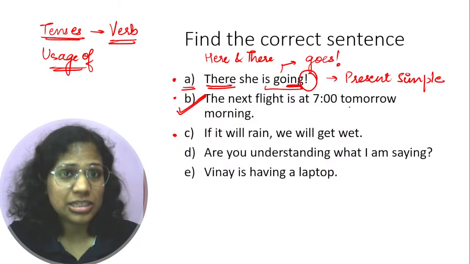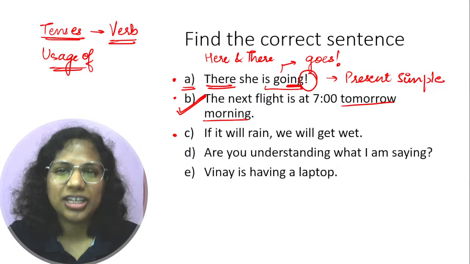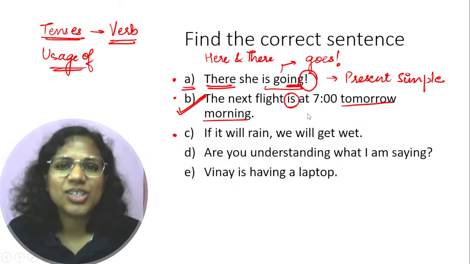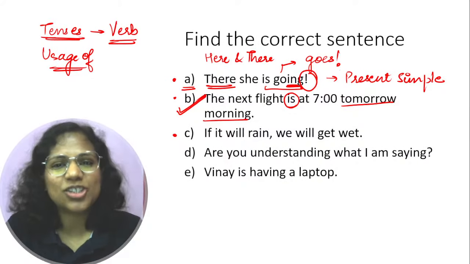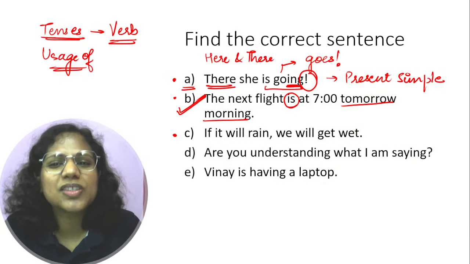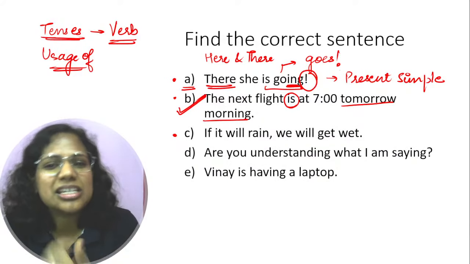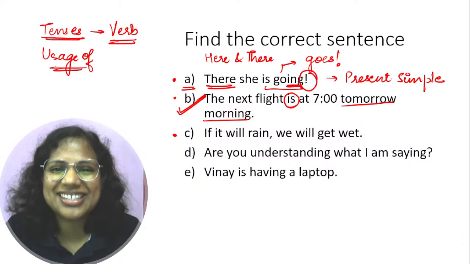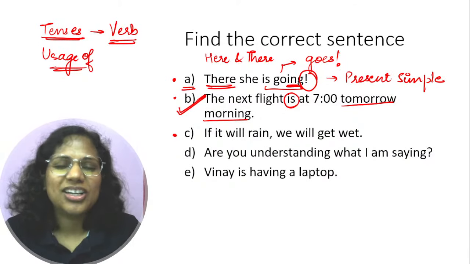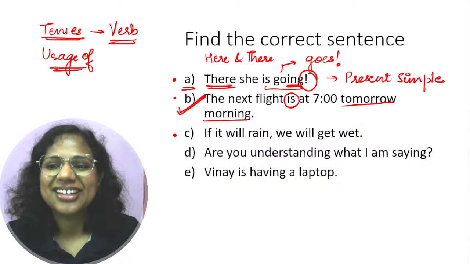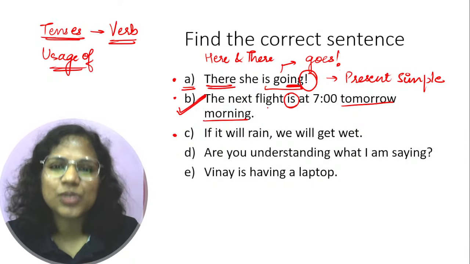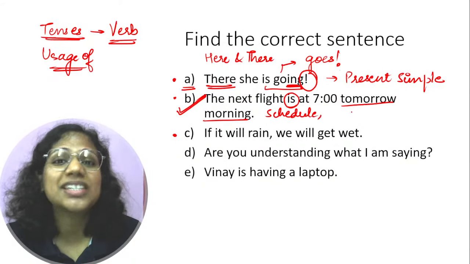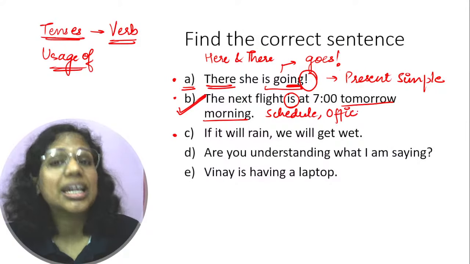My question is that even though I'm saying tomorrow morning, why is it that I'm using the present simple? I understand that you've heard such sentences and that's why you feel, acha, ye to correct hai. This is how we use this, we say is along with tomorrow morning whenever we talk about flights, whenever we talk about the departure of trains. Intuitively you have guessed correctly. And the thing is, whenever something follows a schedule, an official timetable,